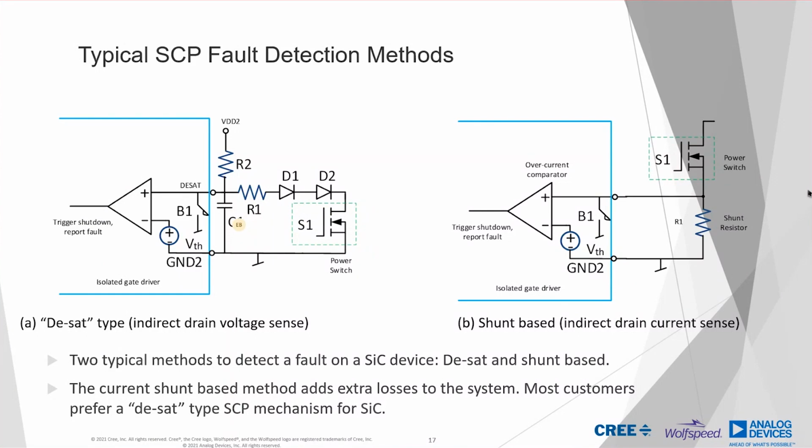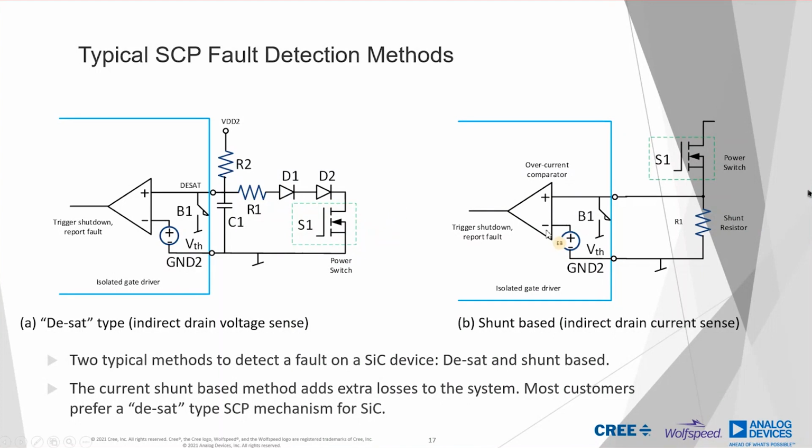Or if you need to adjust it in the opposite direction, in a downward way, so that you have a higher voltage on the drain, you can use a voltage divider across here. So by choosing your components, you can effectively adjust the trigger point for whatever your application needs. So this has the advantage of basically having fairly low power dissipation, because you're not putting any sense components in the current path, and you can adjust it to tune what you need for your application's short circuit